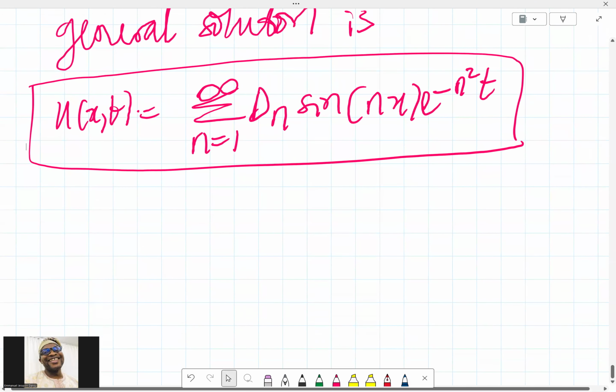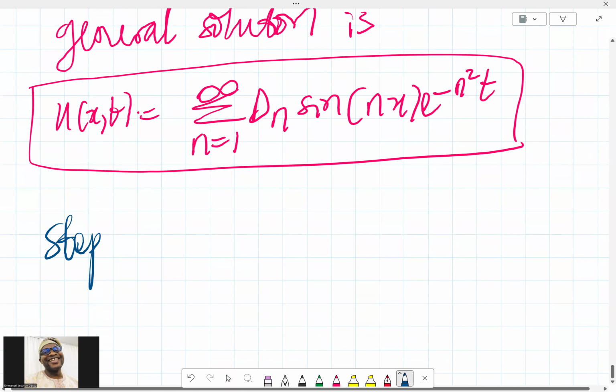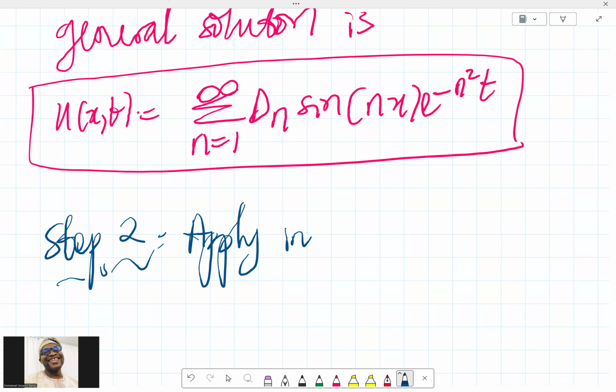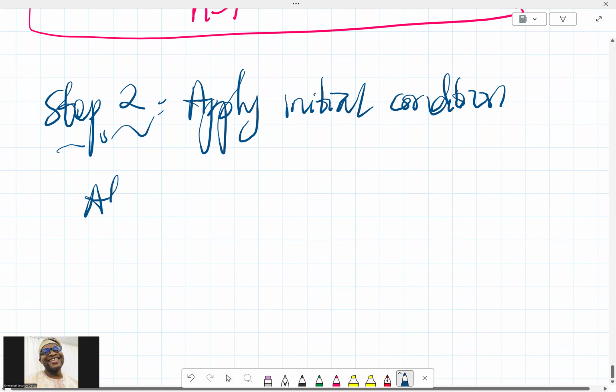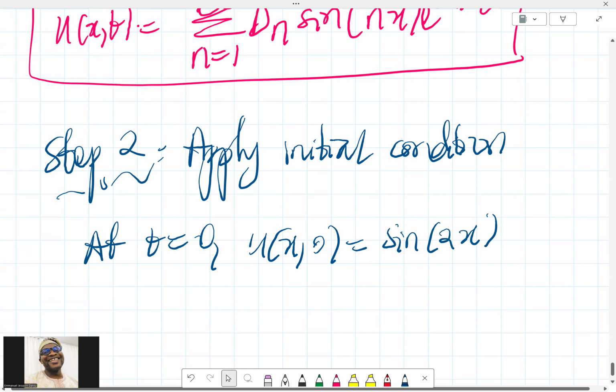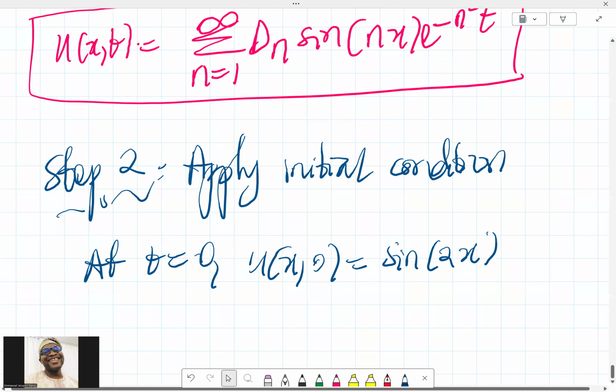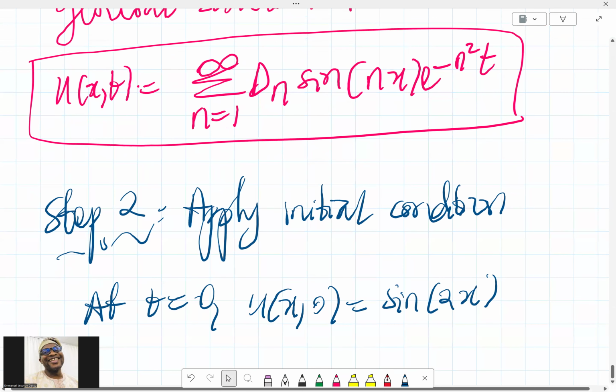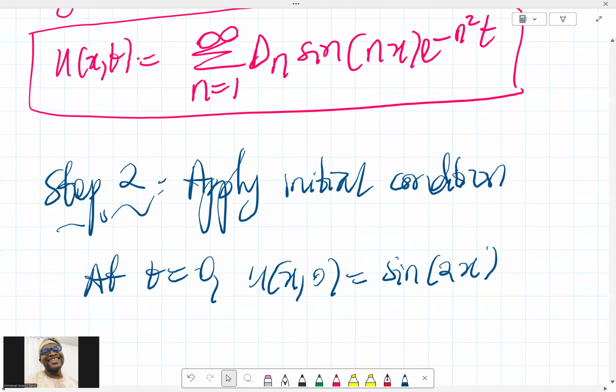Okay, that's the general solution. And in step 2 now, we apply the initial condition. In fact, more like a boundary condition, right? So we know that at t equals 0, u of x comma 0 is actually sine 2x. So in that case, because t is 0, this whole expression when t is equal to 0 would just have to be